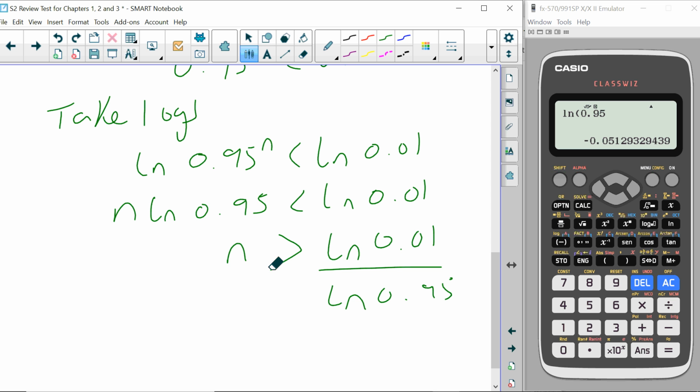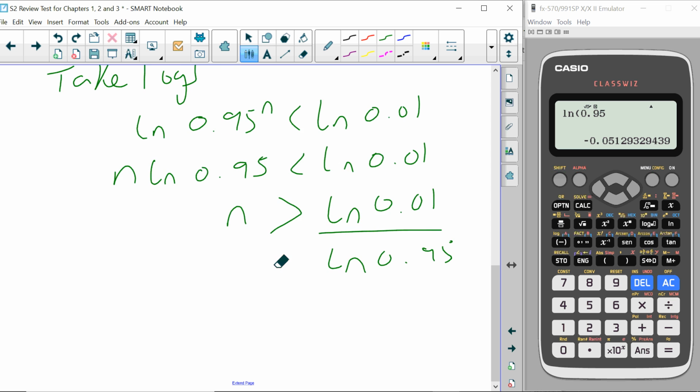It changes the sign. This becomes greater than. So now n is going to be greater than the log of 0.01 divided by the natural log of 0.95. Now, it doesn't matter if you use natural log or any other log, as long as you maintain the logs. And you're left with